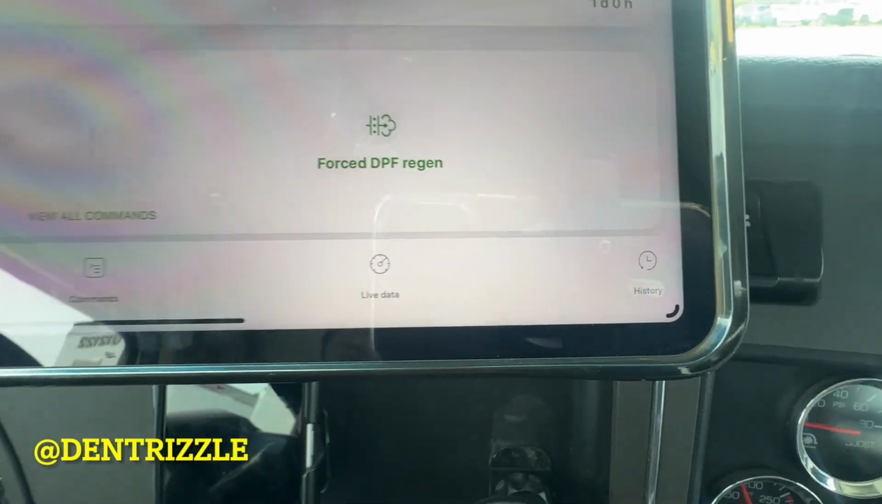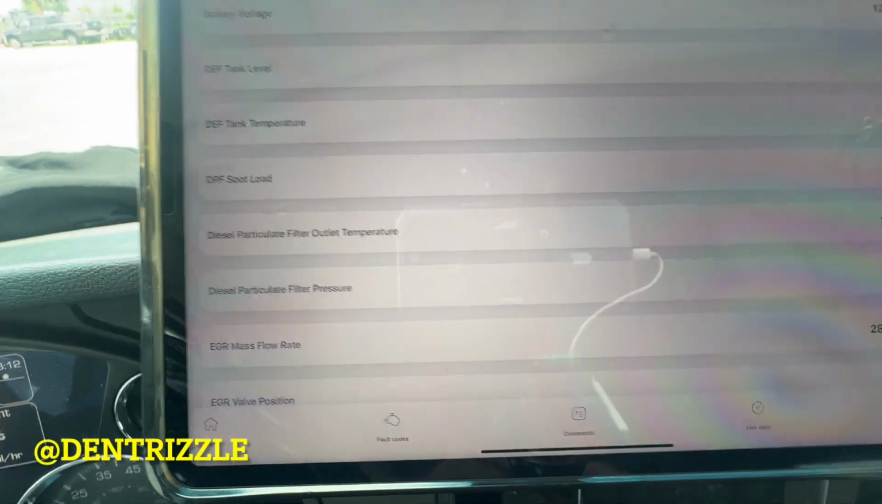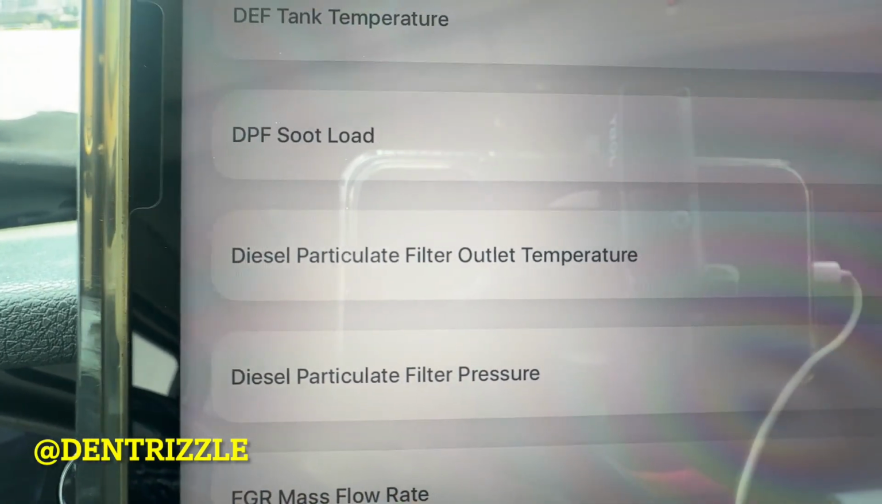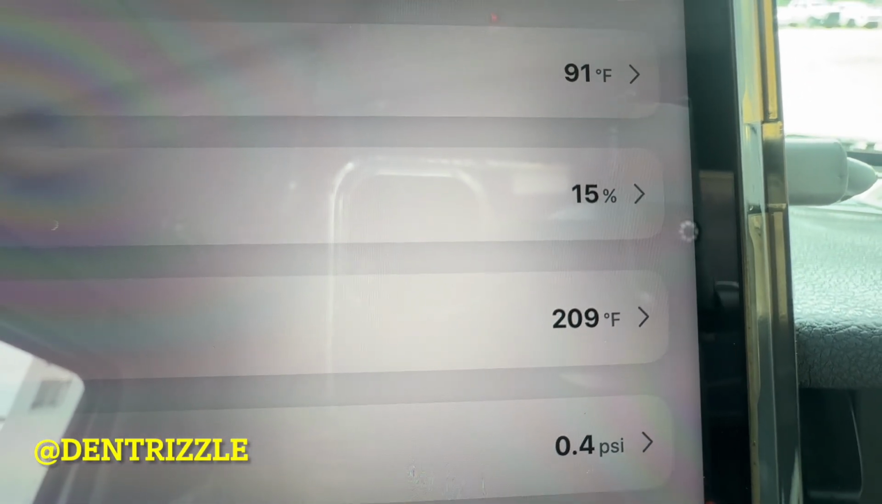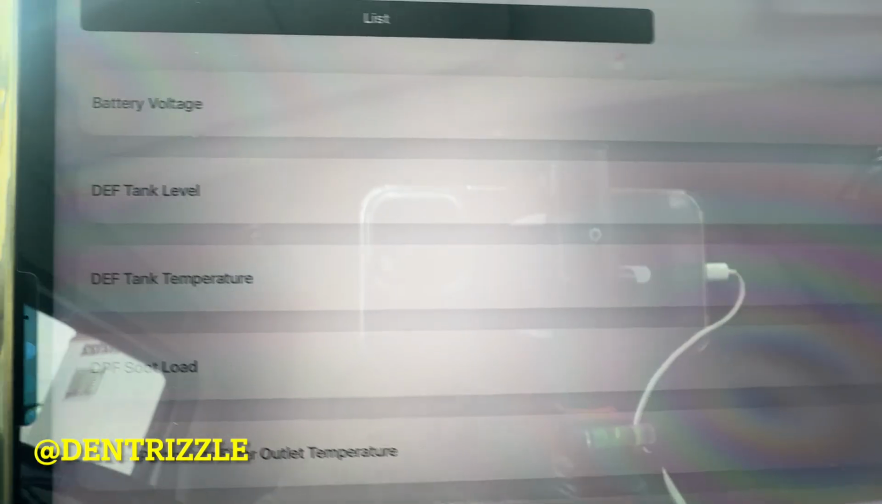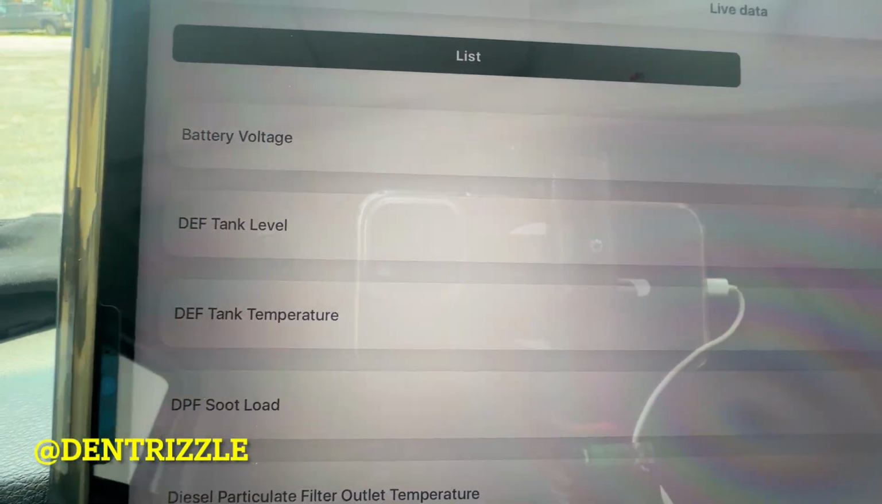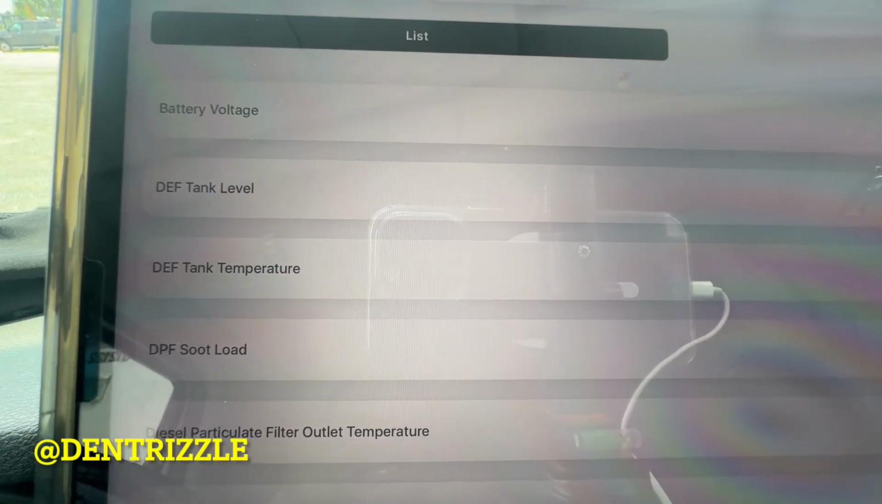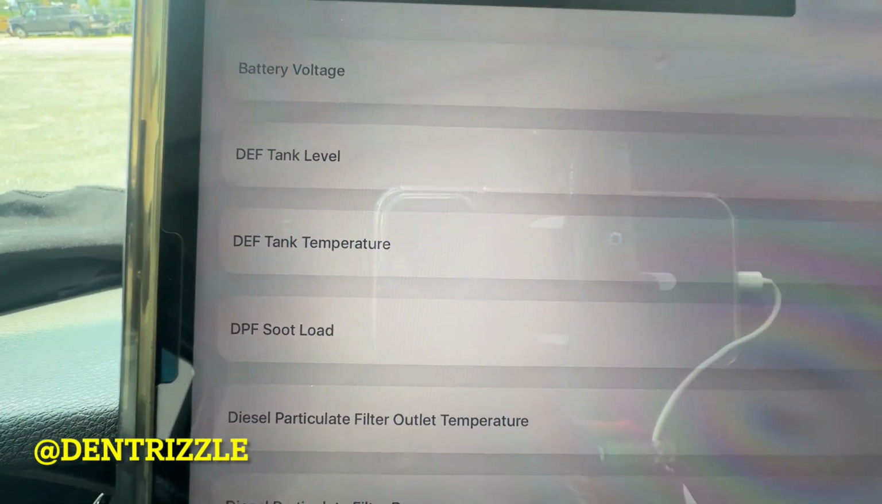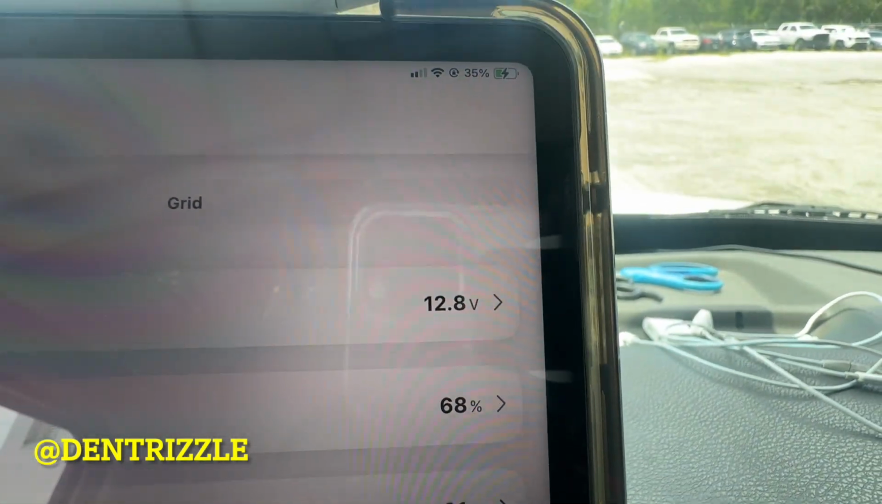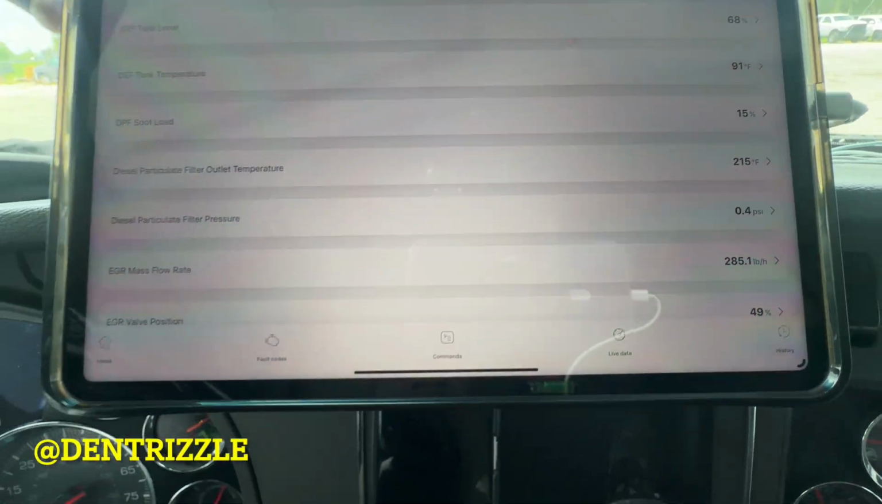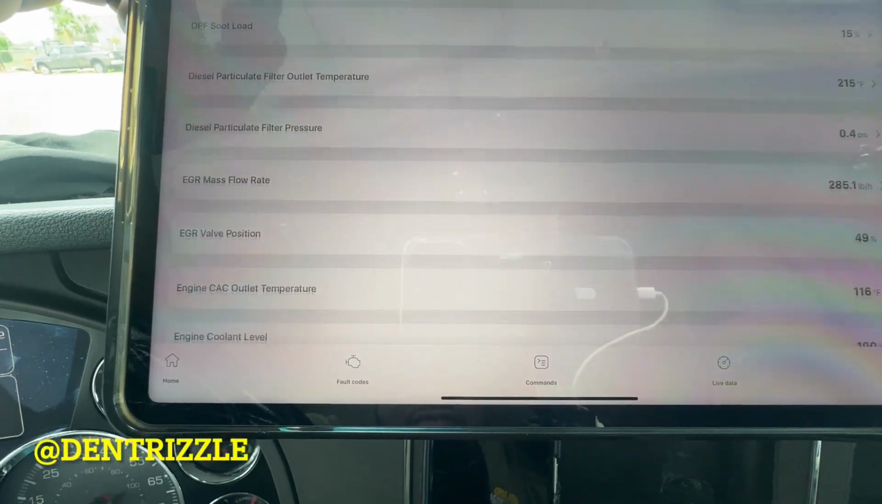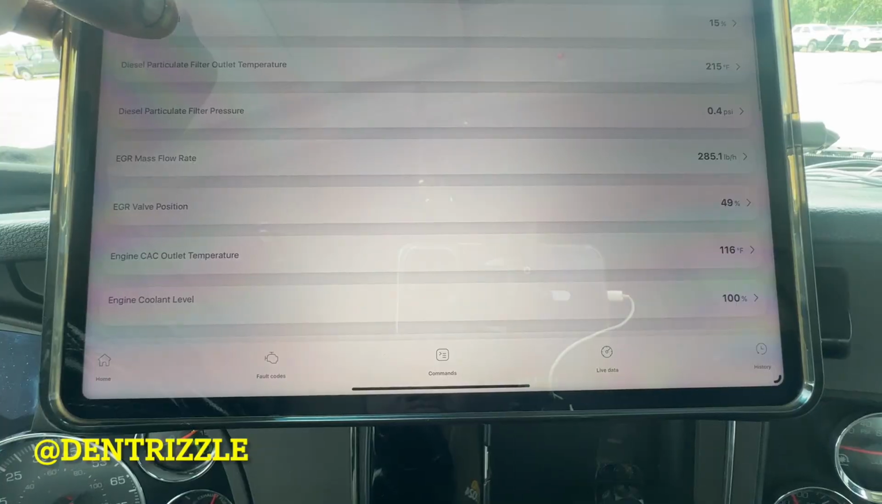And then if you go down here, you click live data, you can go to diesel particulate filter outlet temperature. If you're doing a regen and this is not like 1,000, you have a problem in your regen system. So this is where I monitor the most. It will tell you every sensor on your truck and what it is reading. If you look, there's a bunch of sensors it shows, and all the values: